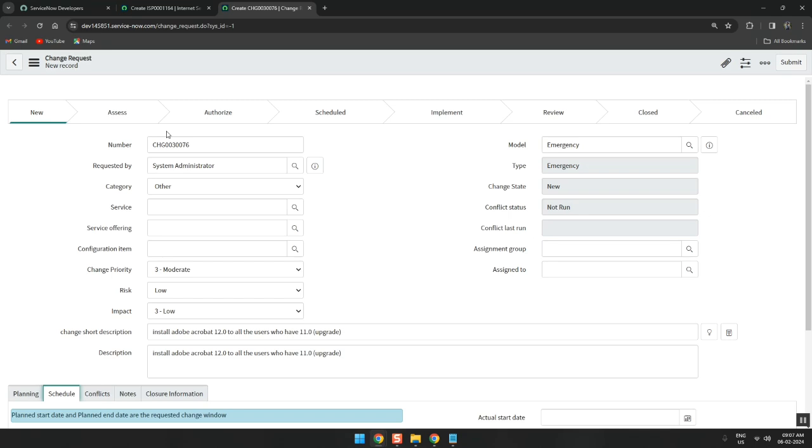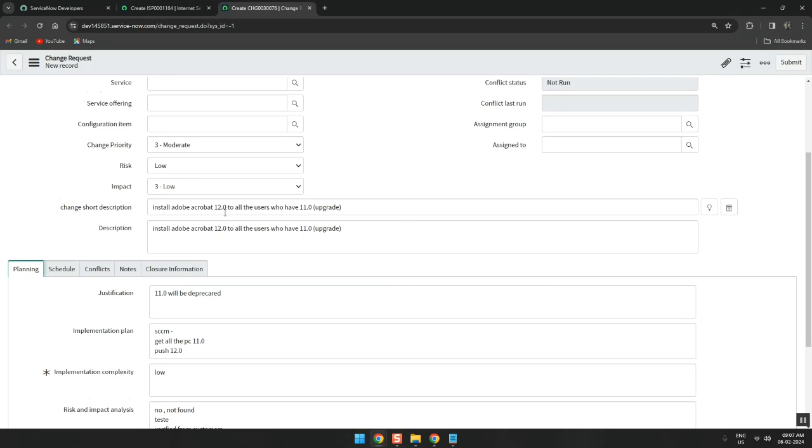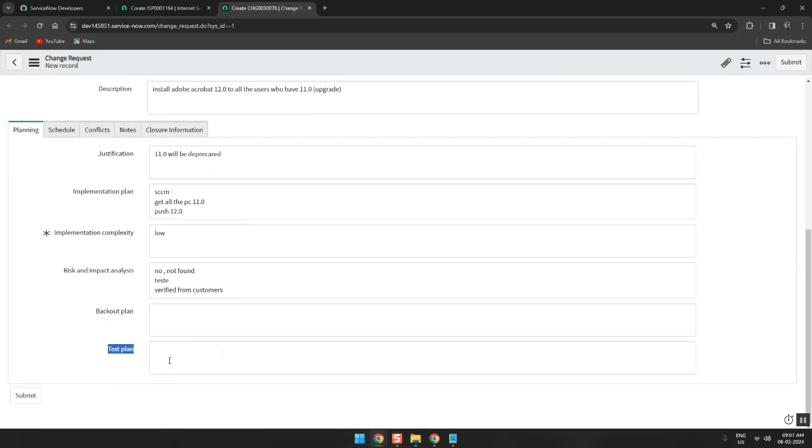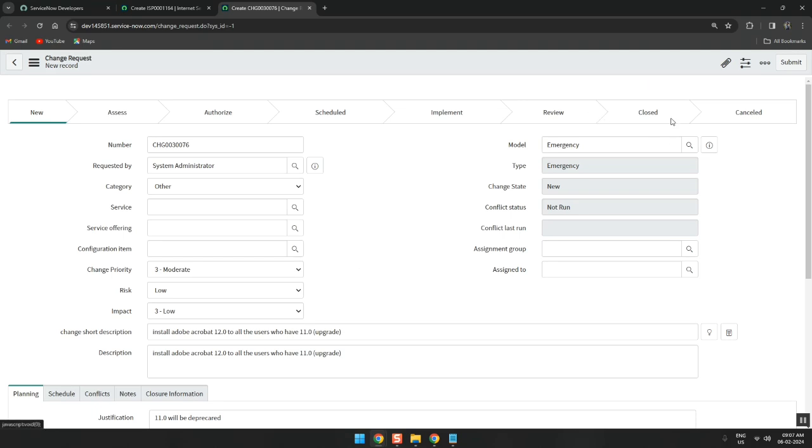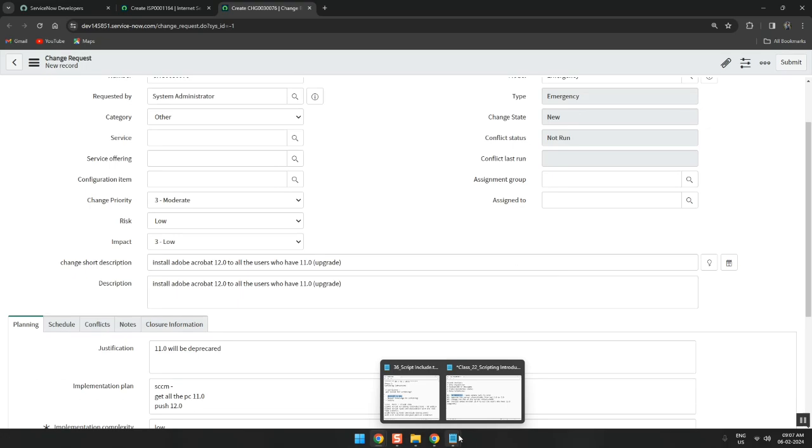It's also a ticket. You created it, someone will assess it, someone will verify it, and then it will be scheduled. Then you implement it. Once you implement it, you review it in production, whether everything was implemented successfully. Someone will review it, and then finally it will be closed. That is the life cycle. Good, right? Now